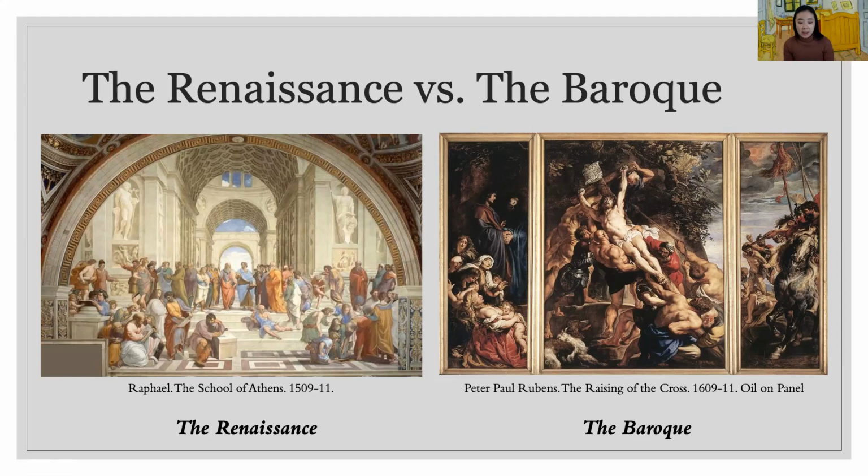On the other hand, Rubens' painting is focused on the subject, and does not really follow the perspective rule. It shows deep contrast with the bright highlight and very dark shadow, and also the movement is dynamic, and the whole painting mood is very emotional. That's the difference. Very good, everyone.